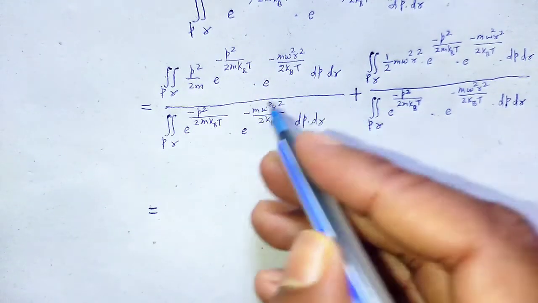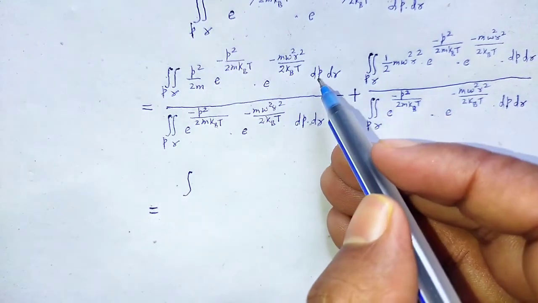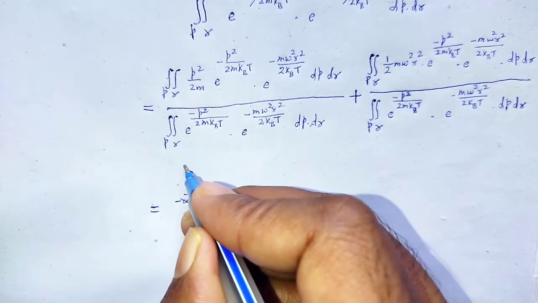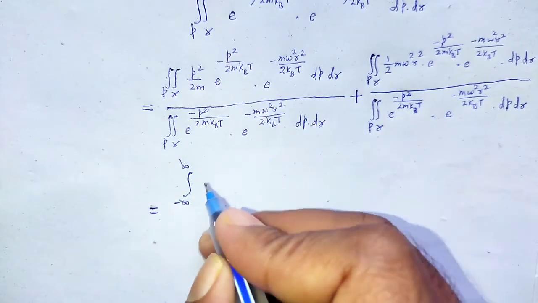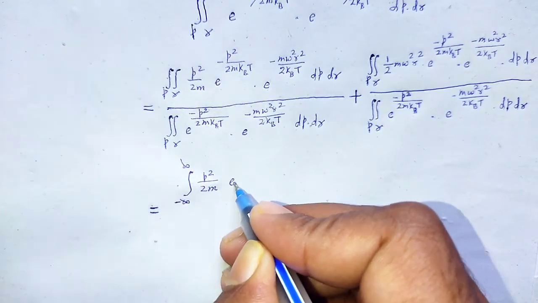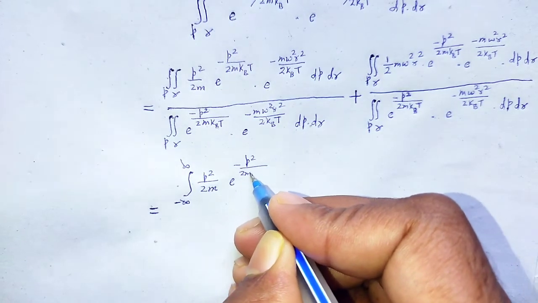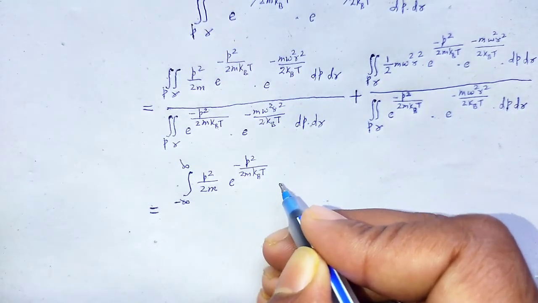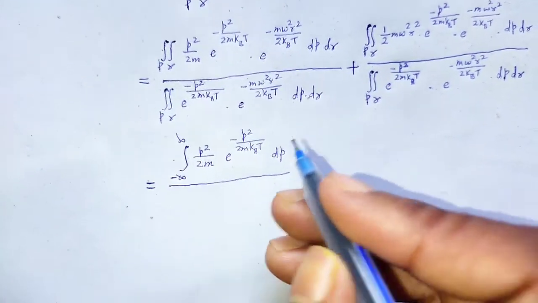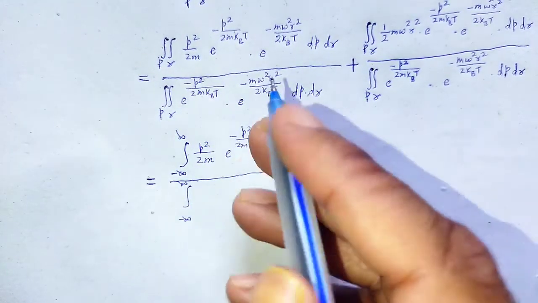Here we obtain only the dp term, integrating from minus infinity to plus infinity, p square by 2m e to the power minus p square divided by 2m kBT dp, divided by the integration over minus infinity to plus infinity, only the dp term,